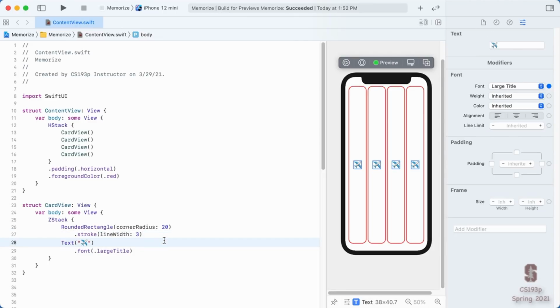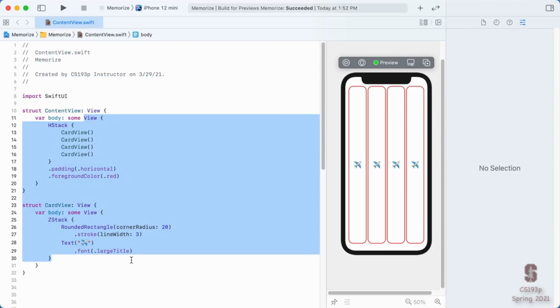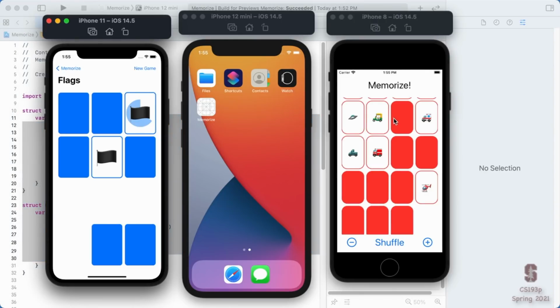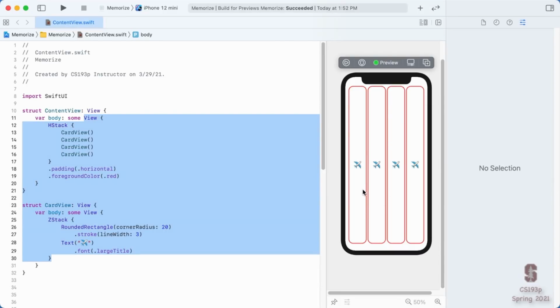Now, we're pretty proud of ourselves having gotten this far building our card game, but it actually has kind of a fatal flaw that's a little bit hard to see. And the reason it's hard to see is we've been doing this whole thing with our preview window in what's called light mode. So in iOS 13, they introduced this concept of having your phone in dark mode or light mode. In dark mode, the background is black, pixels are basically off as much as possible, and your UI is light colored in contrast to the black background. And these cards look fine. They look just like what we see over here. And you'd think, oh yeah, we did a good job. They're kind of tall and skinny, but they at least look like cards. But they don't look very good in dark mode.